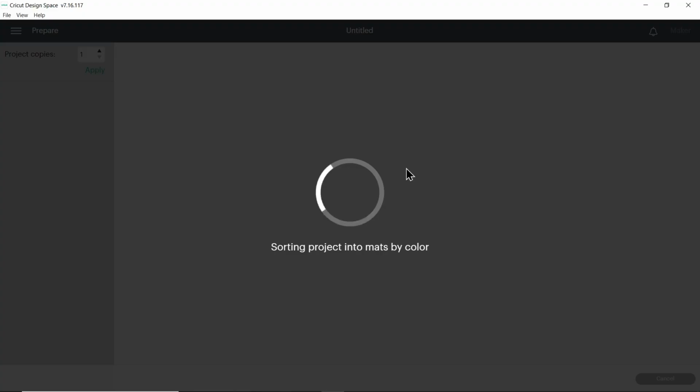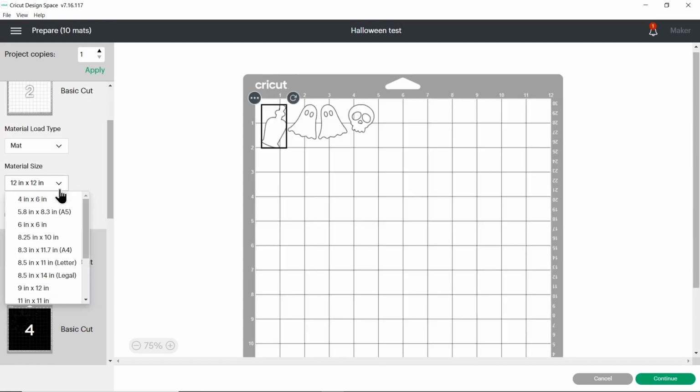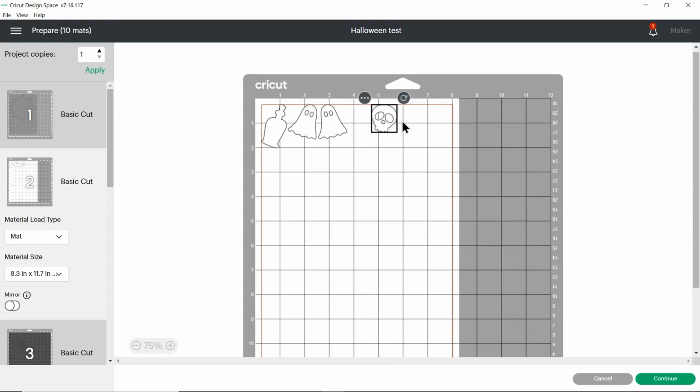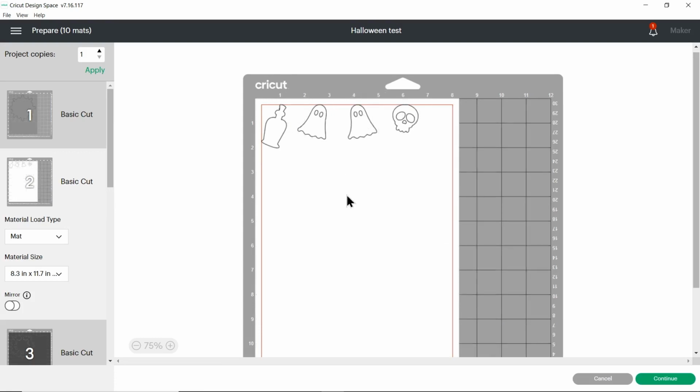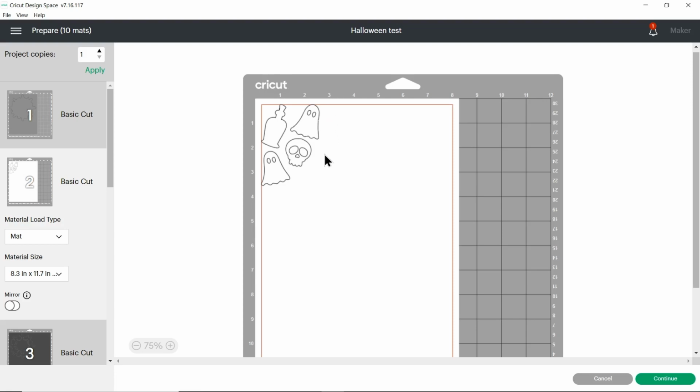So I'm going to click make it over here and it will separate everything into colors. And then you can change the paper size down this list on the left. You do need to do it for every single color. And if you want to, you can drag things about to use up less space or to put them in a particular way. For example, I have a little scrap of white card, which I know is about that size. So for me, that makes sense because I can use my scrap rather than having to cut into a brand new sheet. When you're happy with how everything is looking, press continue and then it will connect to your Cricut machine so that you can get everything cut out from your cardstock.